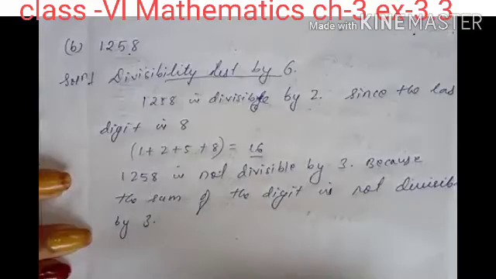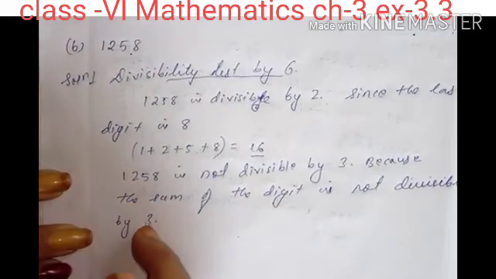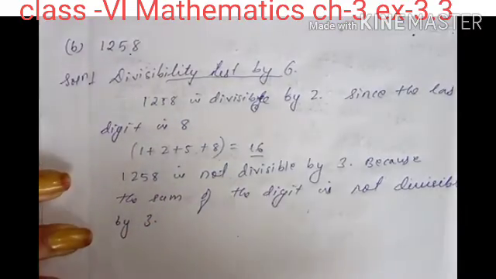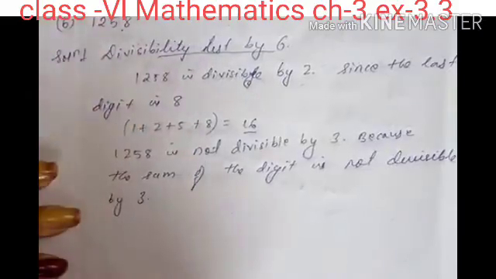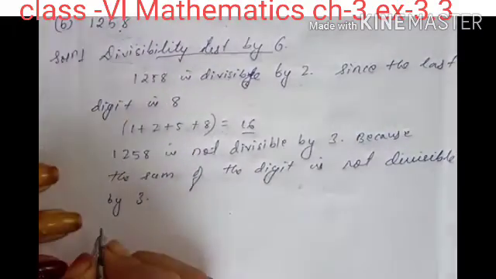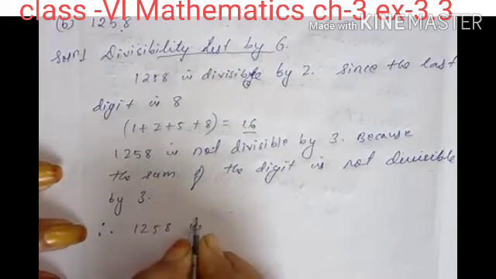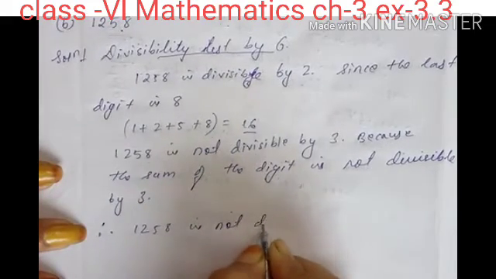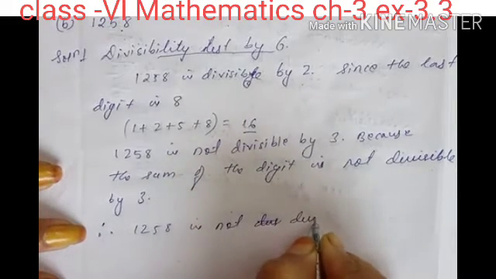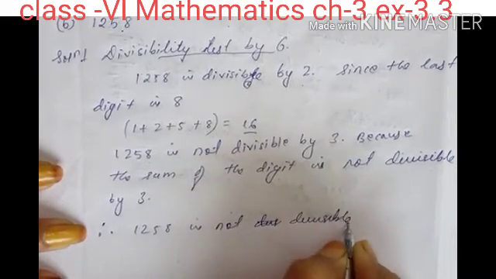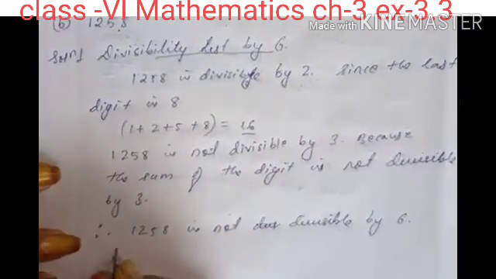Now what we got: this number is divisible by 2, but this number is not divisible by 3. So if this number is not divisible by both 2 and 3, that means this number will not be divisible by 6. Therefore, 1, 2, 5, 8 is not divisible by 6 because